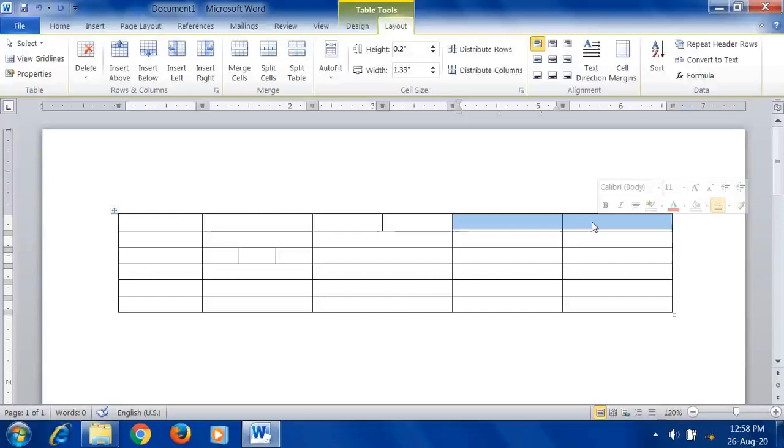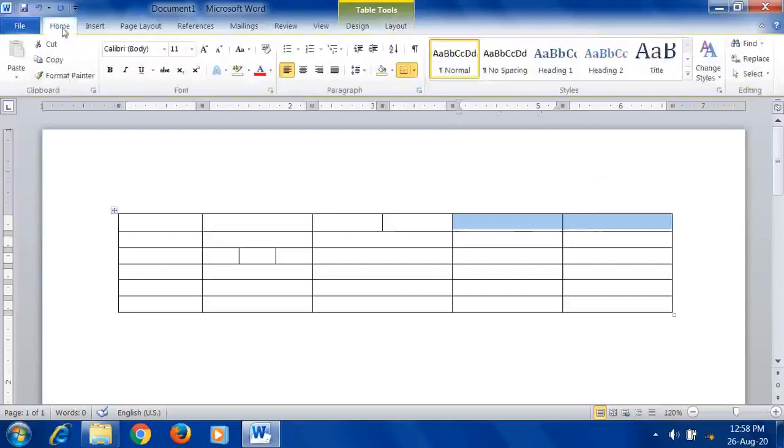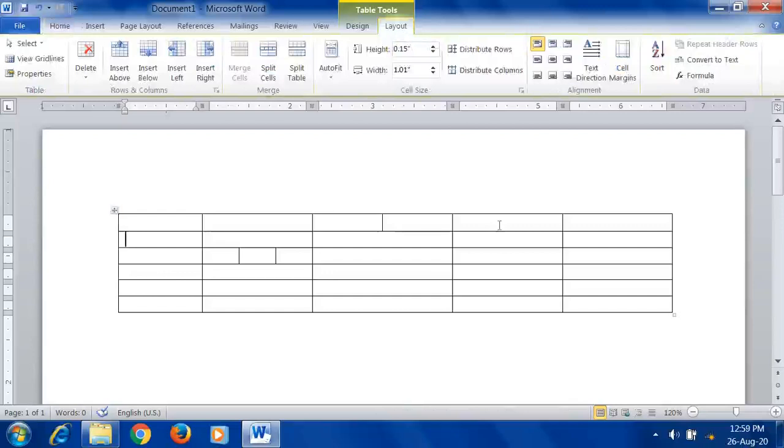So how to combine? Select both the cells, then click on the Layout tab. In the beginning, your cursor will be on the Home tab. When you insert a table, only then the Layout tab gets activated. If you keep the cursor in your table, then also it gets activated. So now click on Layout. First let me select both. So both the columns are selected. Now I want to merge. In the Merge group, the Merge Cells option is given. Just click on Merge Cells. So both the cells are merged, meaning combined.